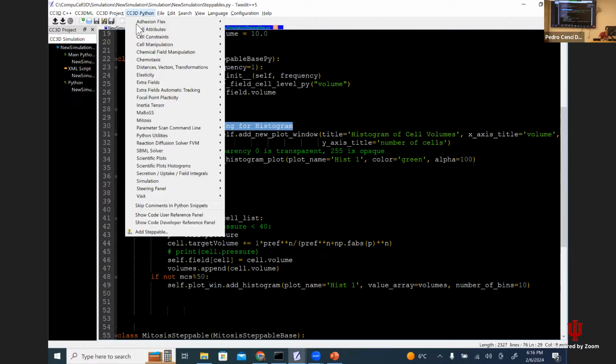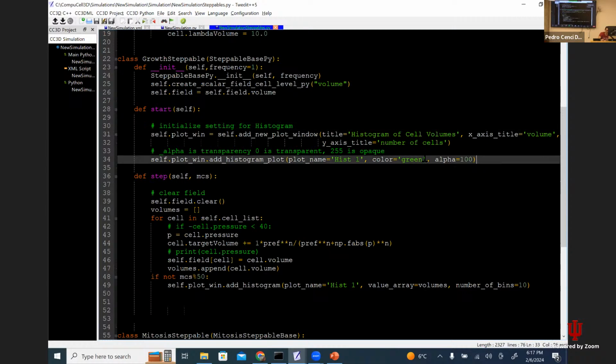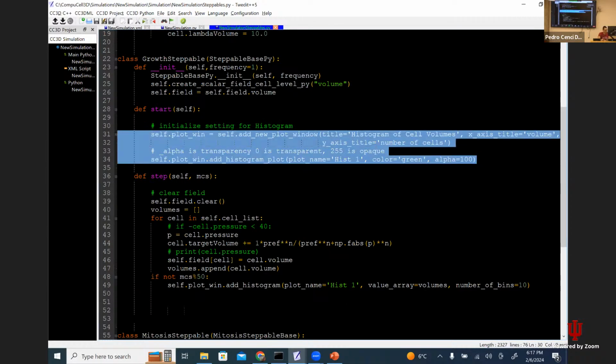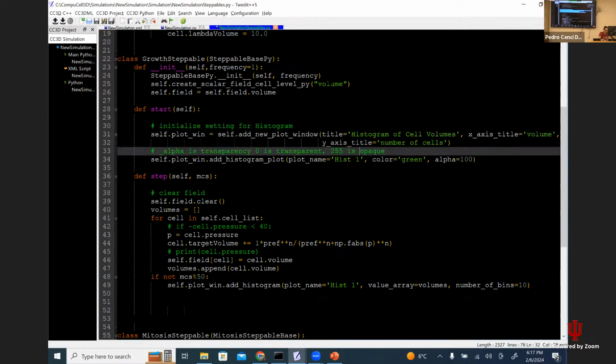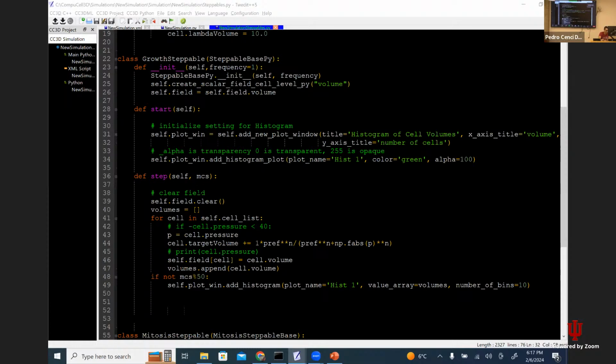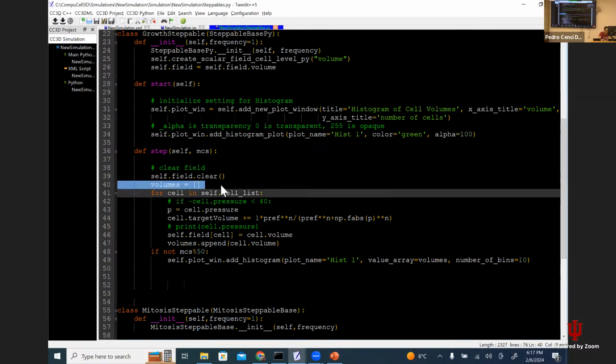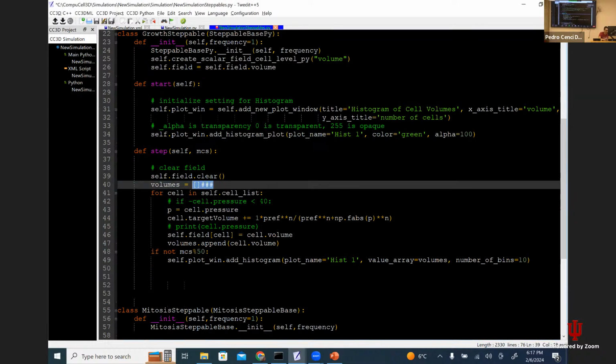It's the same thing. You come to Python, scientific plots, histogram. You can add a histogram. There will be an example for your start function and an example for your step function. And so to plot a single histogram, these are the lines for the start. So I will copy and paste here. You don't need that because you can access the CompuCell stuff using Python. And if you look here in line 40,